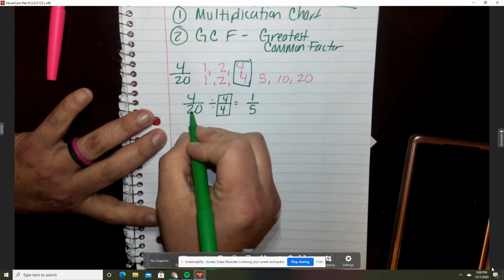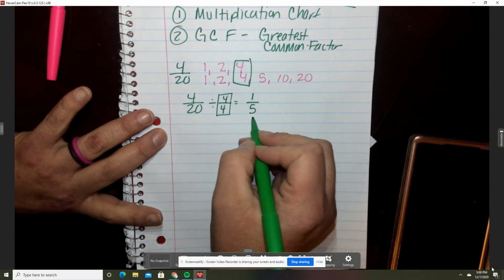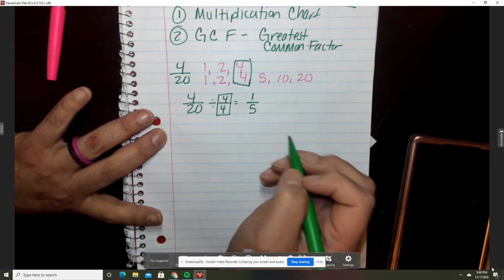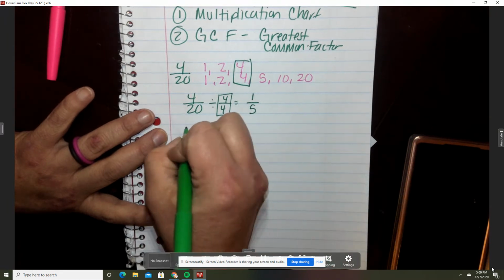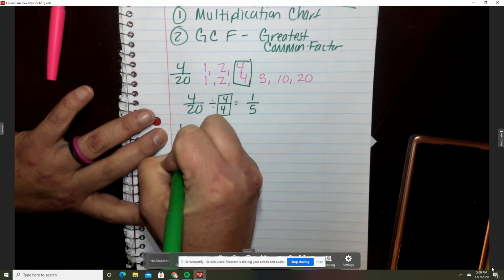If you have 4/20 and 1/5, you're going to have an equal amount of things. So if you have a candy bar,